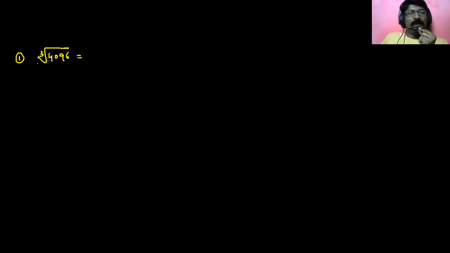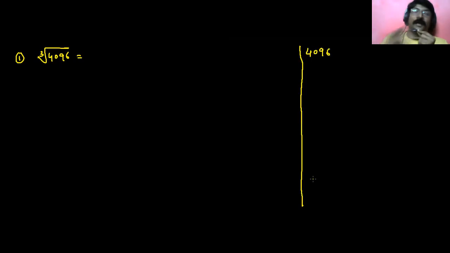I have taught you students how to find the cube root of 4096, but if you do not remember, you can do it this way also. So the cube root of 4096. By the way, this is not rough work. I am just writing on the other side so that I can finish everything on one window. You will write down only this 4096 in your notebook. Okay, so I'll start dividing by 2. It will become 2048. Then I'll divide it by 2, it will become